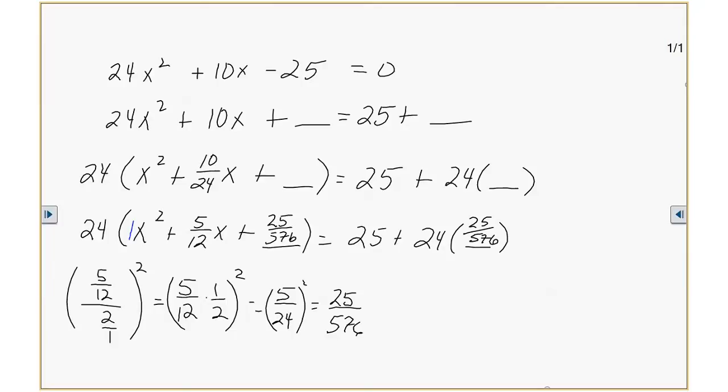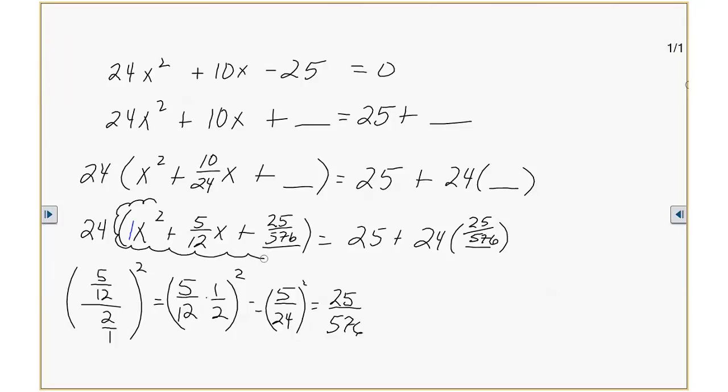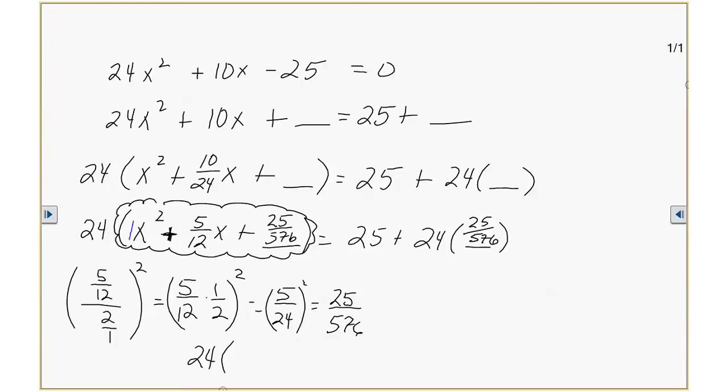Now that would give you shortcut number 1 or number 2 here, which is shortcut number what? Shortcut number 1, because it's got a plus there. So that's going to give you, I'm going to write down here, 24 times x plus